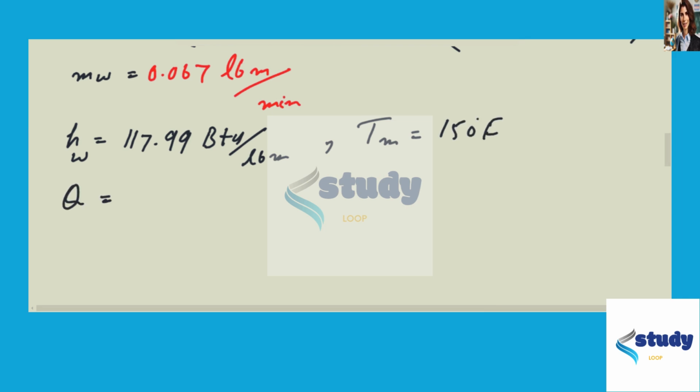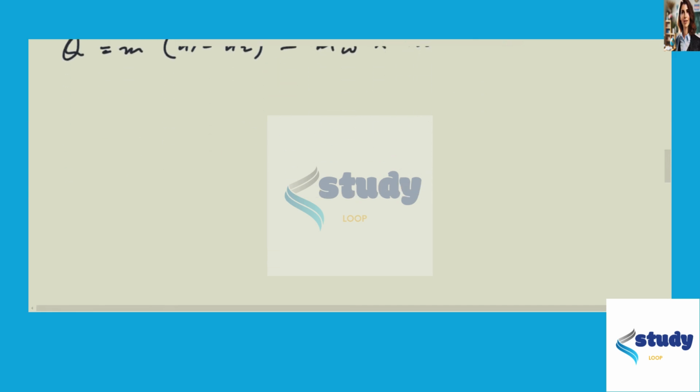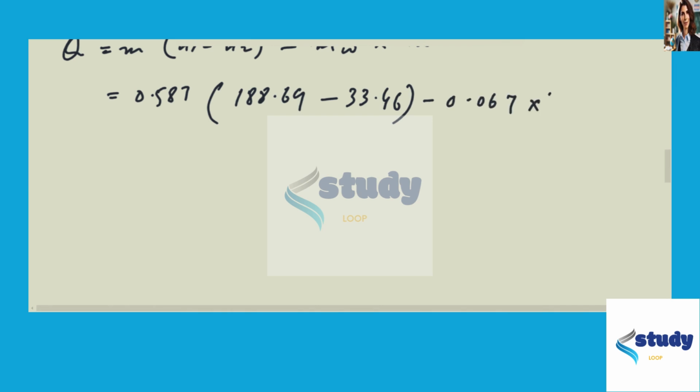So Q is equal to m into H1 minus H2 minus mw into Hw. We know that 0.587 multiplied by 188.69 minus 33.46 minus 0.067 multiplied by 117.9. So the answer to Q is equal to 83.2